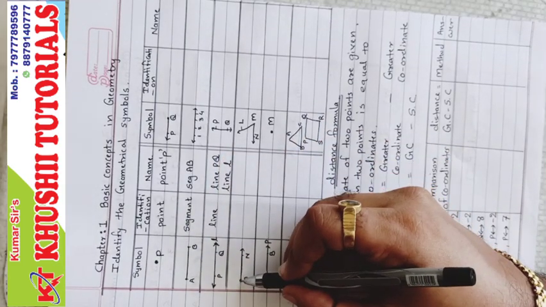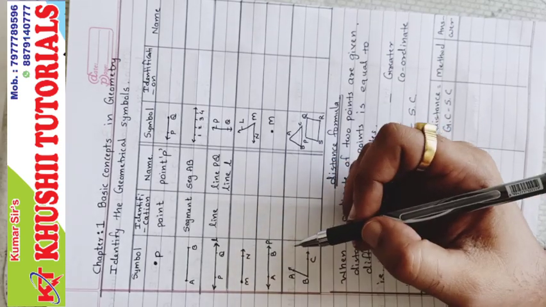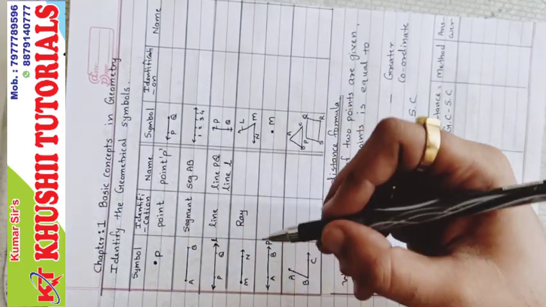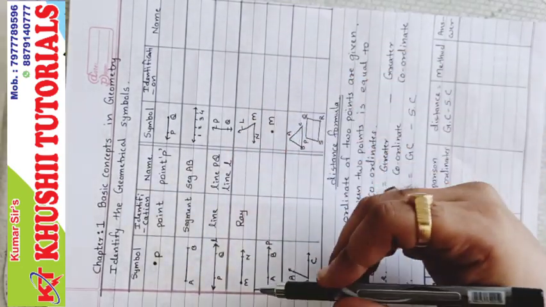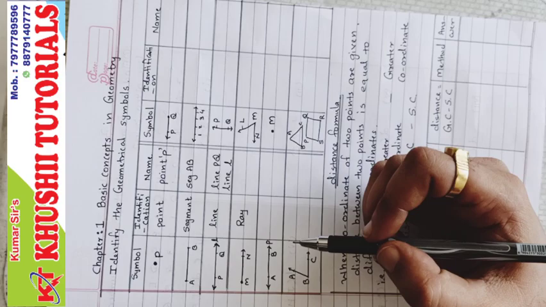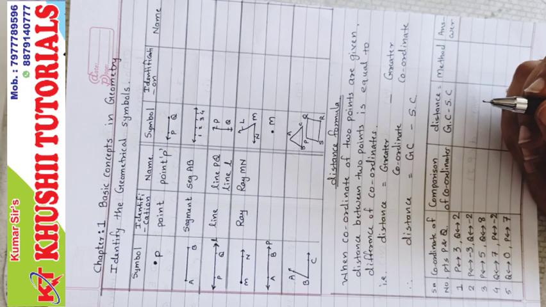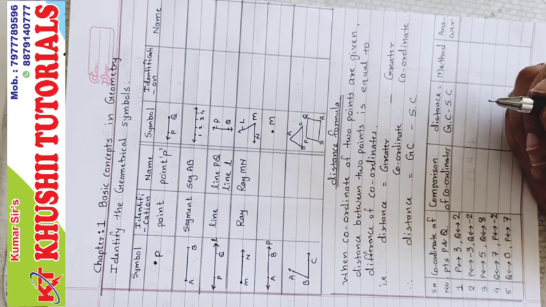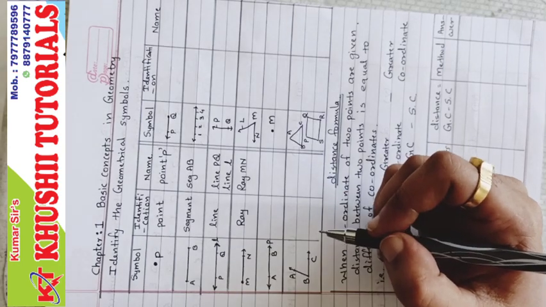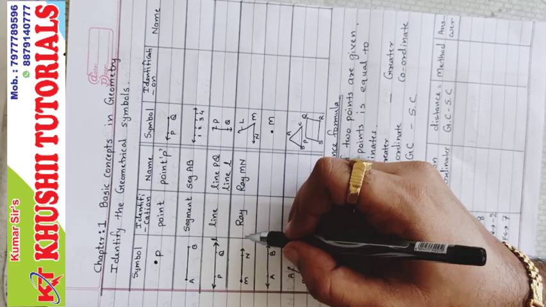Next, here one side has a fixed end and the other side you can extend because the arrow is there. This type of thing is called a ray. Now how to name a ray? A ray always starts from its origin. So here the origin is the fixed point M. So it is ray MN. Can you write ray NM? Answer no, you cannot write ray NM. You have to write ray MN, compulsory, from the origin to the extended part.